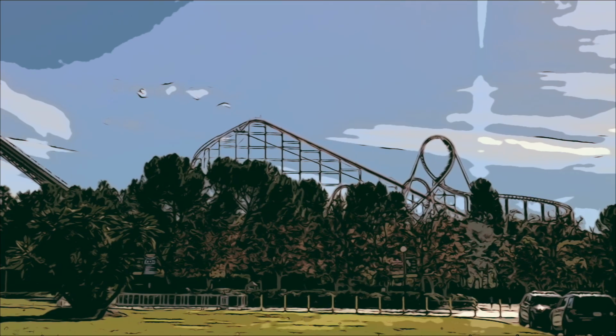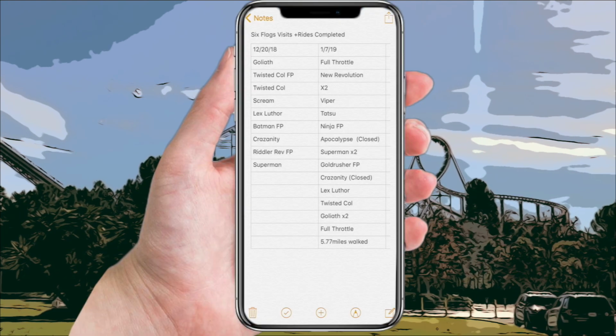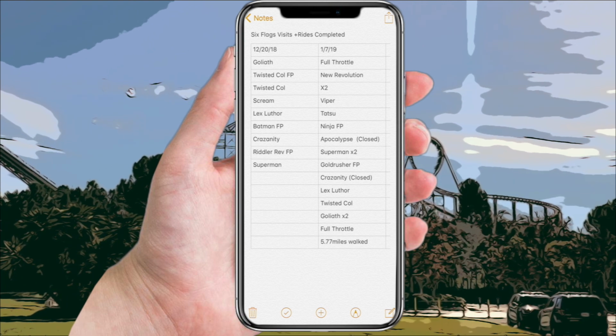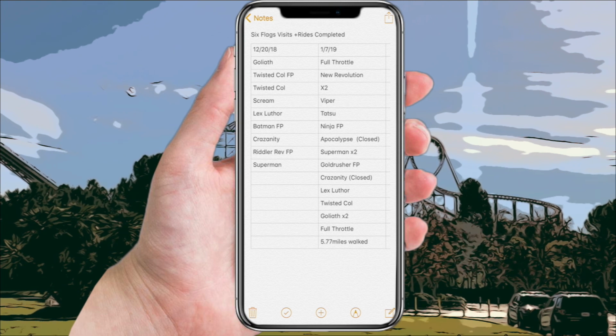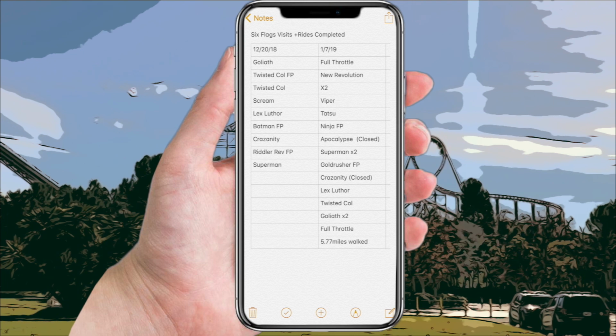Let me share with you one more thing. This is a screenshot of the 2 days that I have visited thus far Six Flags. The first time when I had to activate my pass in 2018, December 20th, I got there. It took me a while to do all the activation and go to the Flash Pass building, get the tutorial on how to use everything. And so that day, I got there at 10:30, got in the park,